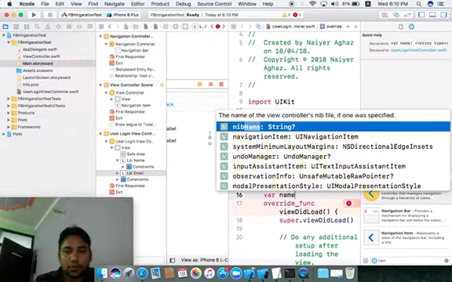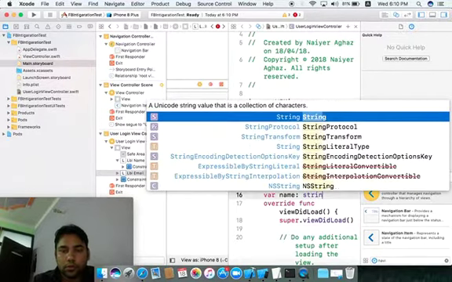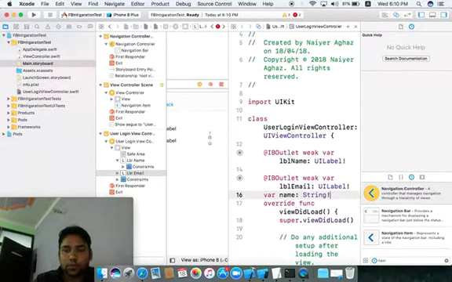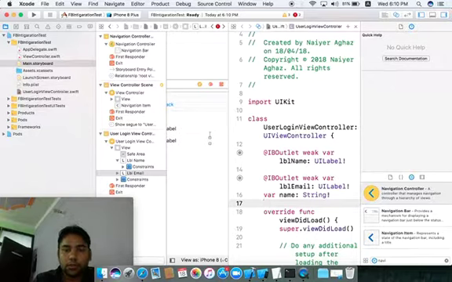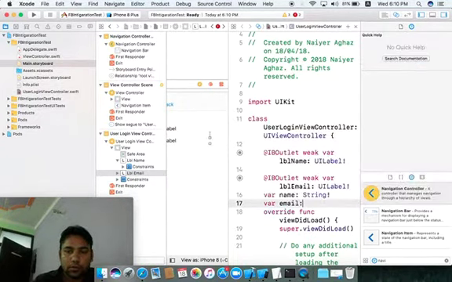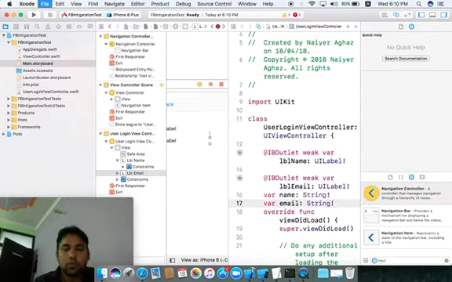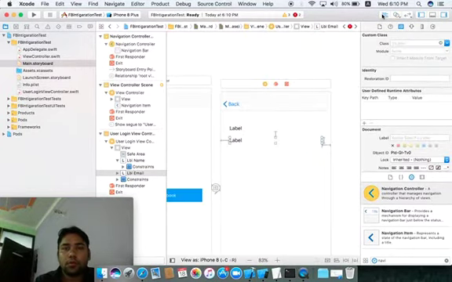That should be the name, because we are sending the name from the previous controller to the other view controller. That's why we are creating some new variables in the UserLoginViewController. Variable email, that should be the string type, right? Okay,